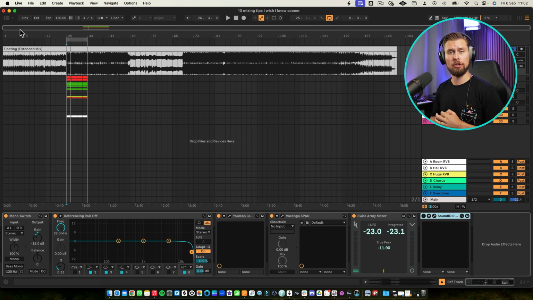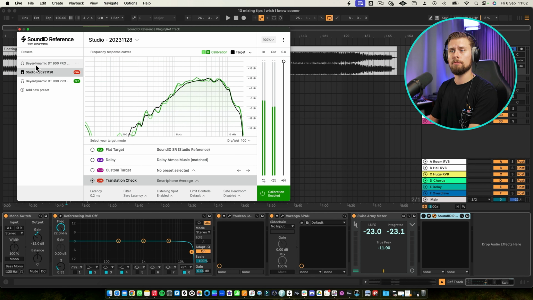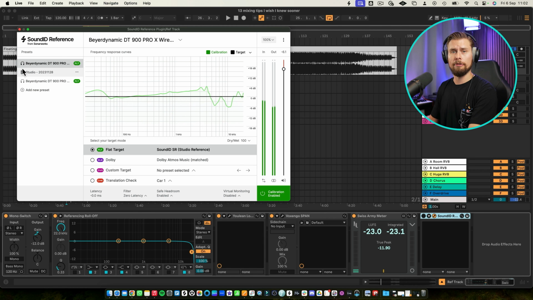And let me then just show you how it looks inside Ableton. So you have this plugin, which is from SoundID, where you can then choose just the same thing as you can do in the standalone app. So you can choose between your studio monitors, or you can choose between your headphones, and it will automatically adjust